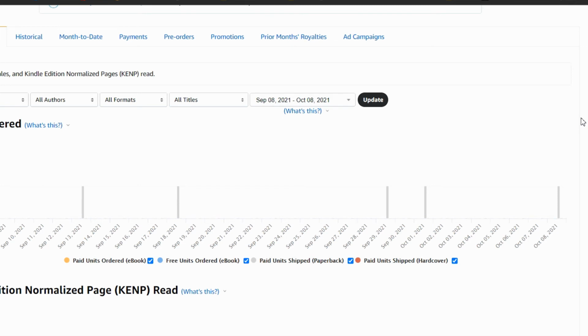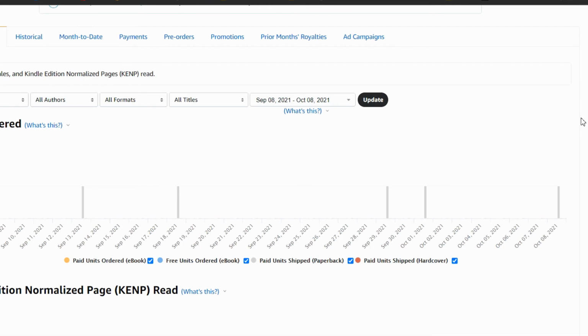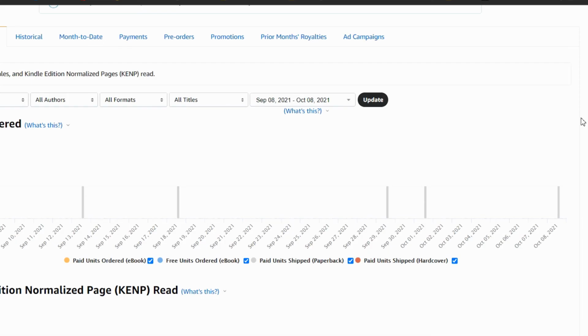Over the past month, I've also taught myself through videos and online websites how to create coloring pages with the graphic design software that I use, which is called Corel Paint Shop Pro Ultimate 2020, and I also have the 2021 version. I haven't done a lot of work with this, but I have designed one coloring page. I'm not going to go through any tutorials with that.